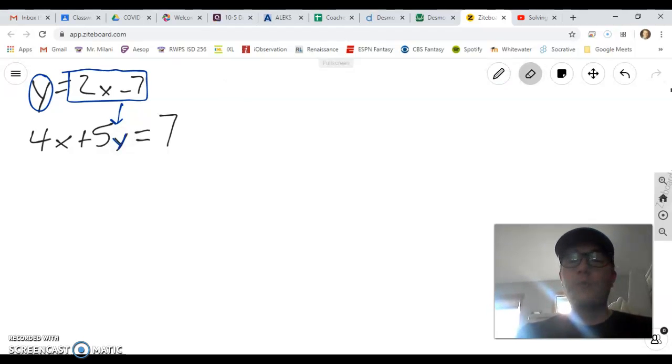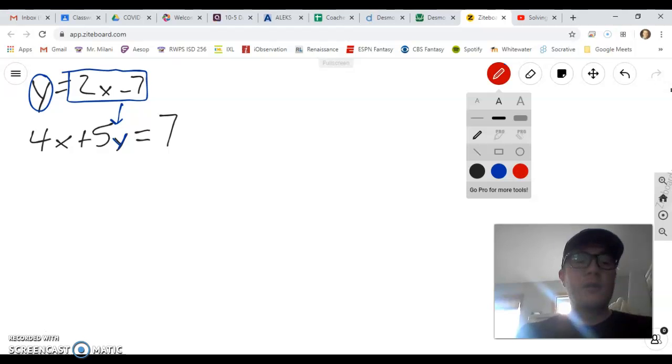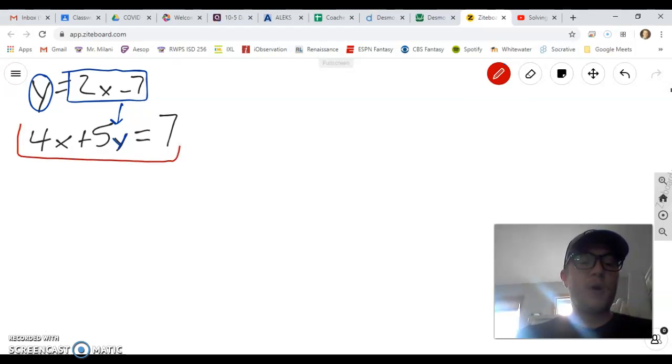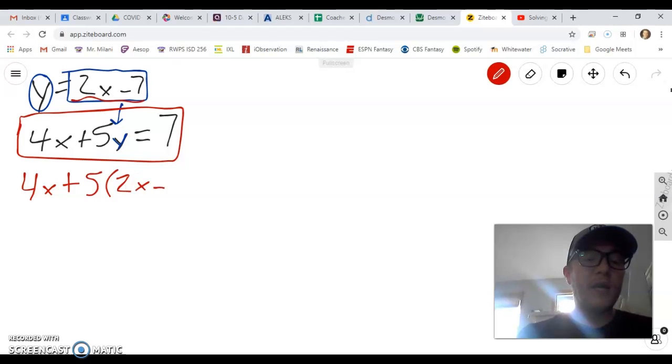Since that's the case, there's a situation here that a lot of mistakes are made in. So this second equation, this 4x plus 5y equals 7, is now going to look pretty different. That 4x is still 4x. We're not changing that at all. But instead of plus 5y, we are saying plus 5 times this entire piece, 2x minus 7. Now, one of the big mistakes that's made is,